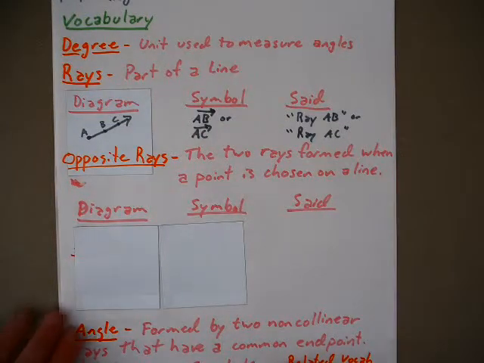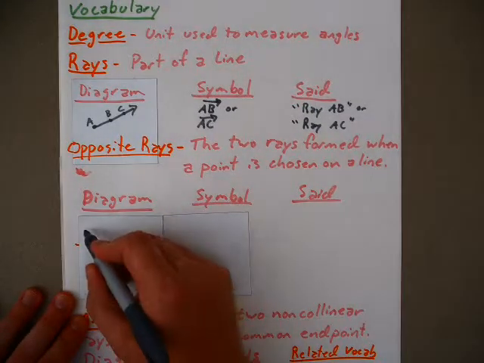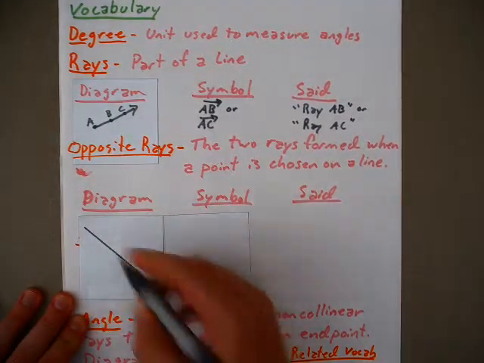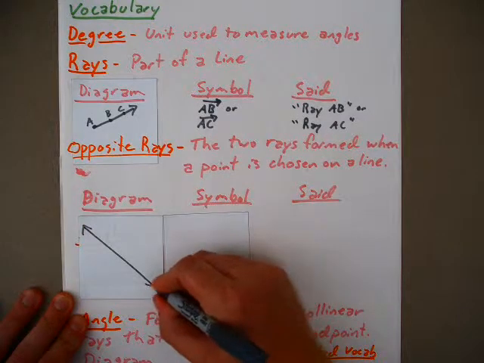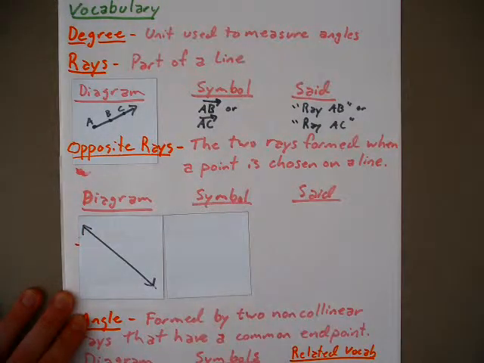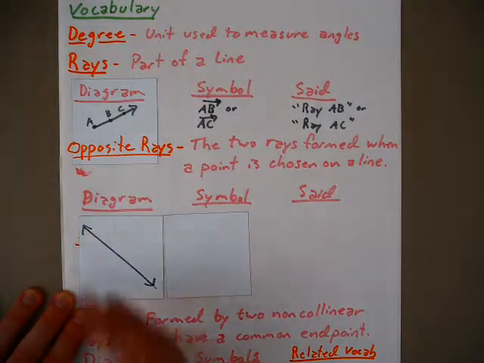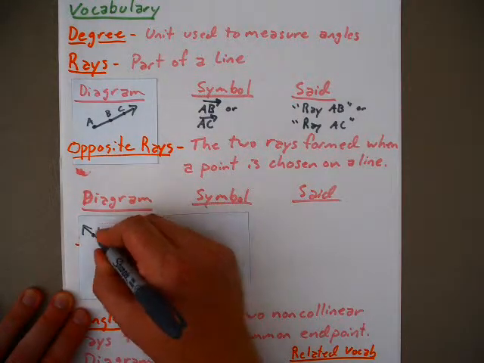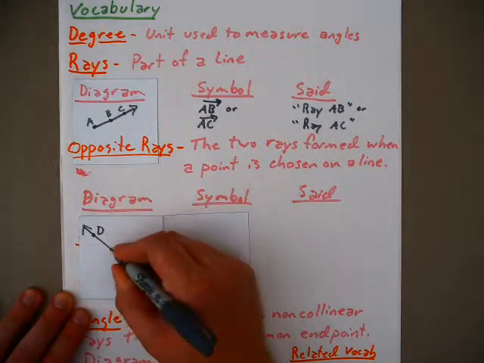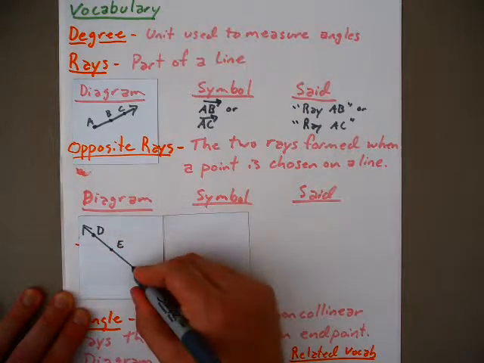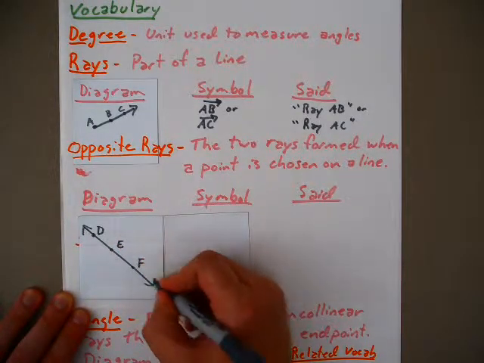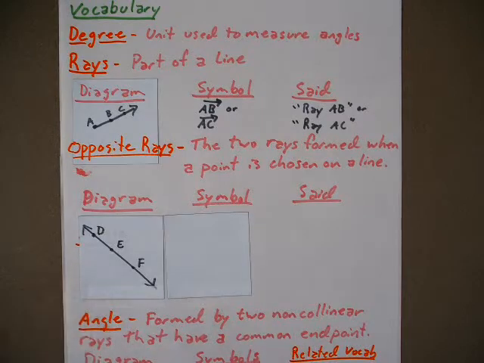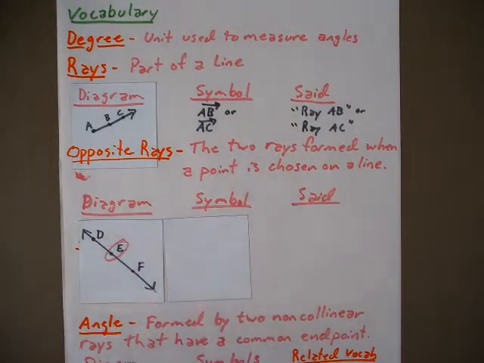So if I give you a diagram here, let's give ourselves a line, and then I'll choose three points. I put A, B, C there, so I'll go D, E, and F. So if I choose the point E right there,